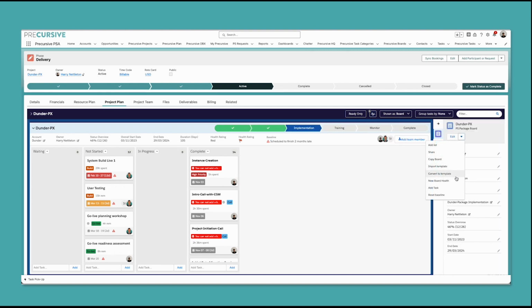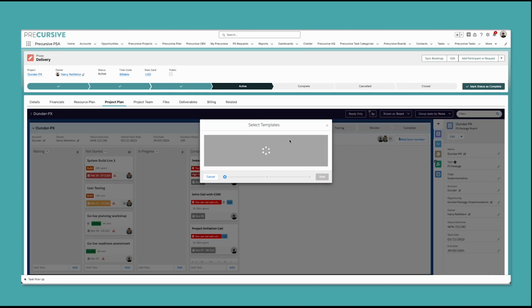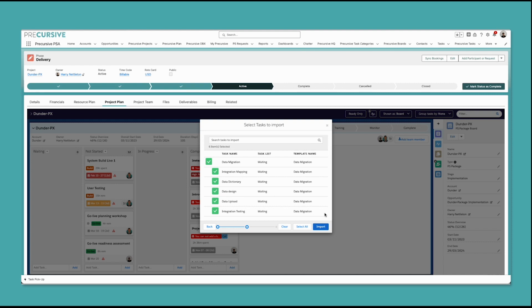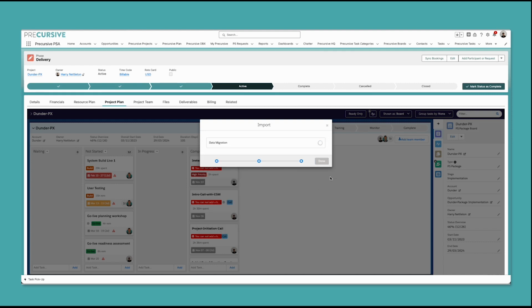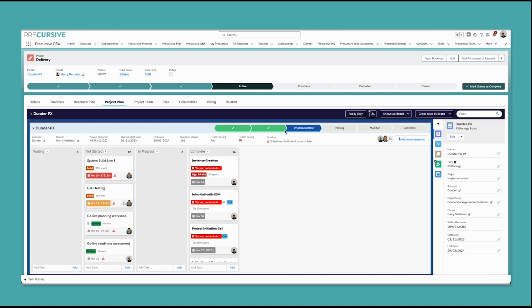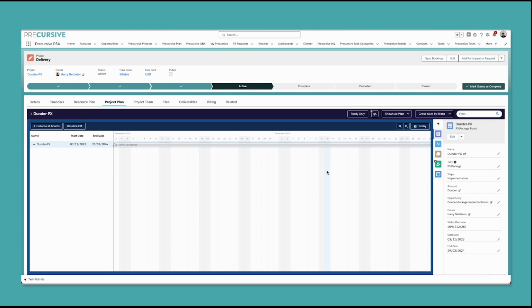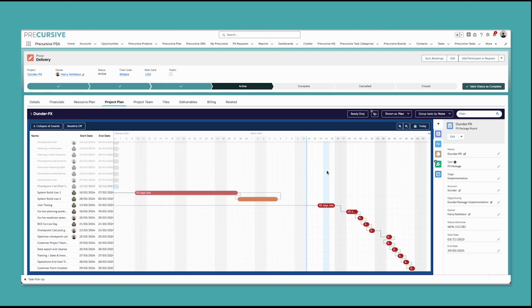So I'm going to drop in a new template. So this project is templatized. We've now got our data migration template, which we're going to drop in, which automatically has these tasks that we need to undertake. There we go. So if we look at this in our project plan now, here's our project plan,